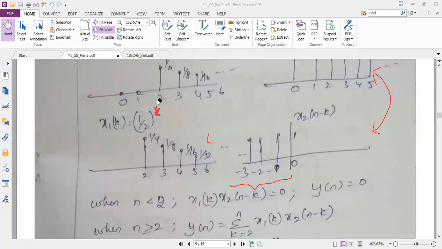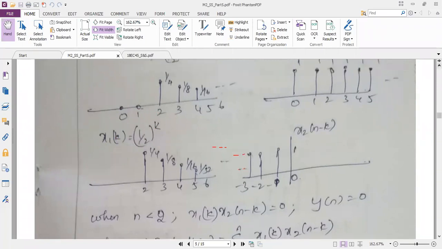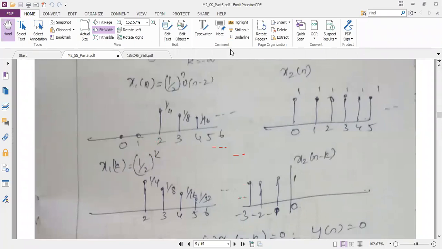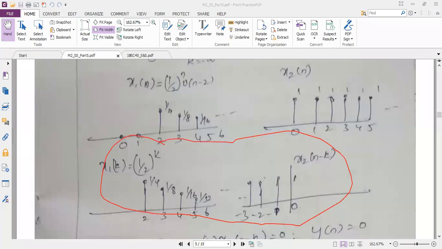Up to this, I think everyone is clear. See, after this only, it is a little bit of a problem. How to analyze from where to where I will get the outputs. All those things we will have confusion. So I want Suhas to tell me for this problem, will I get two outputs y of n like the previous problem? Just analyze and tell me. Just see the diagram. I want you to see the x1 of k and x2 of n minus k diagram for the previous problem and the previous to previous problem, in this problem.